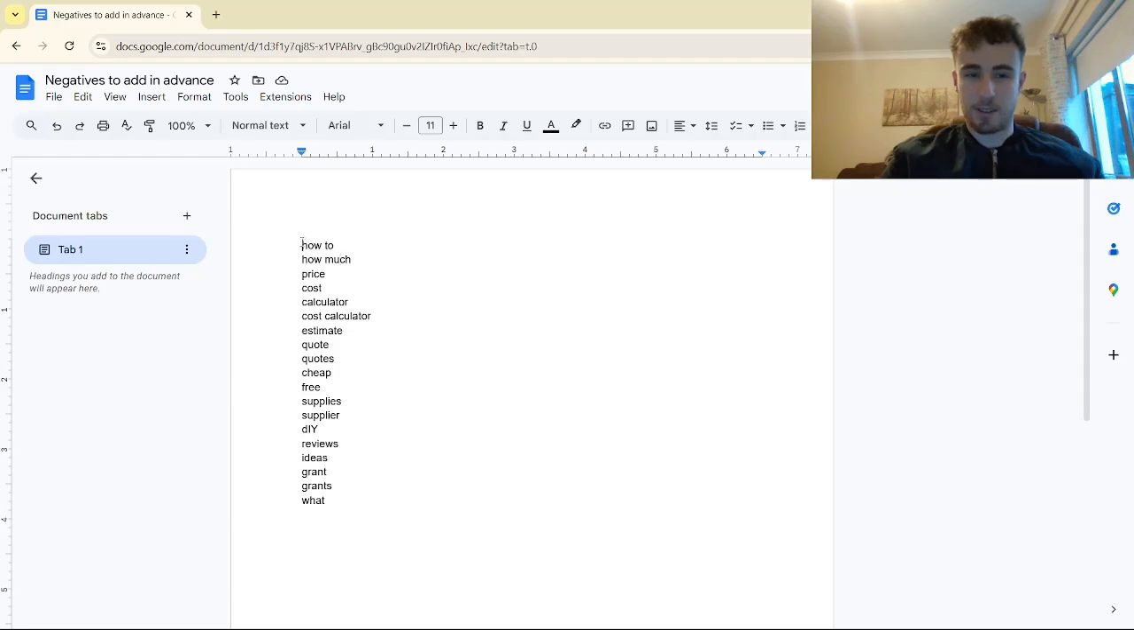So if anyone searches anything to do with how to, so if it's roofing, how to fix a roof, how much is a roof repair, price of roof repair, cost of roof repair, cost calculator, and so on. Because for some services, there's online calculators where people can get a quote. But we don't want to appear for anything related to price, for example, estimate, quote, quotes, because those people might